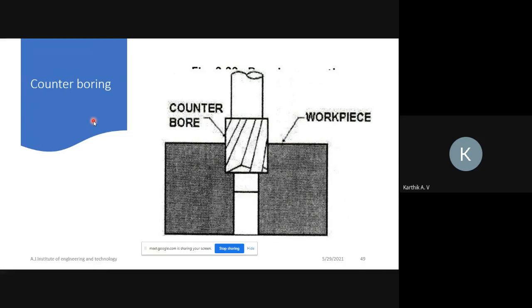The reaming is for surface finish, right? Yes, reaming operation gives the surface finish of a pre-drilled hole.